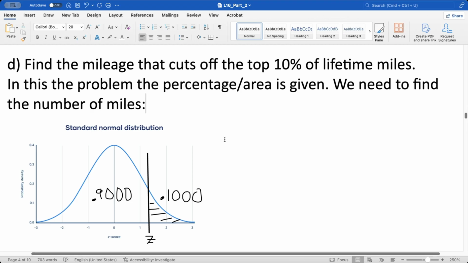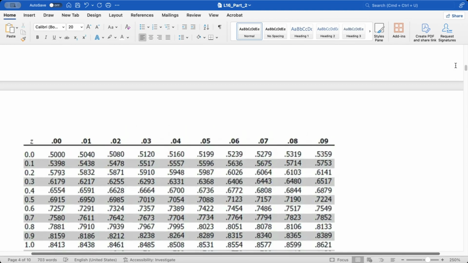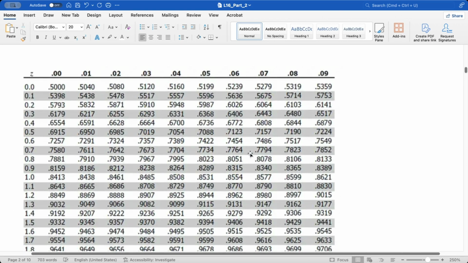So again, we're cutting off the top 10%. That means 10% to the right, 0.10 to the right. So there's 90% to the left, 0.9000. So we look that up in the body of the chart here. So a little bit different setup here. We look in the table for the closest thing to